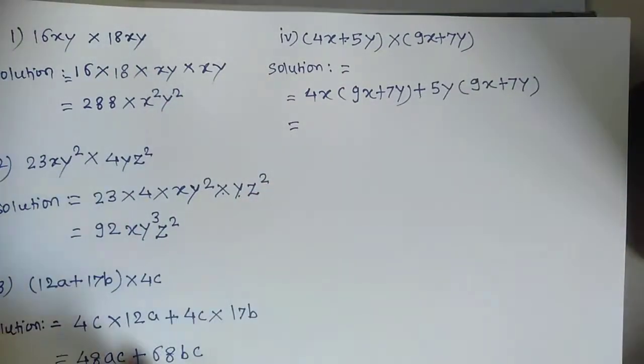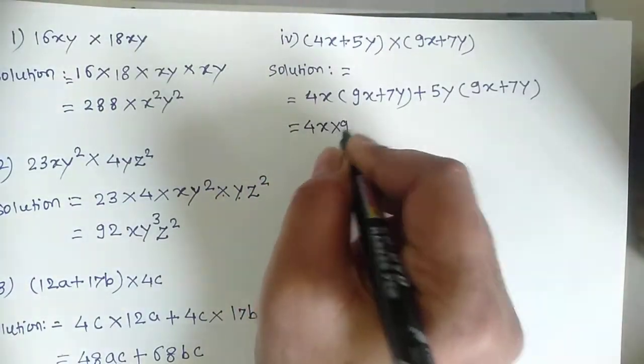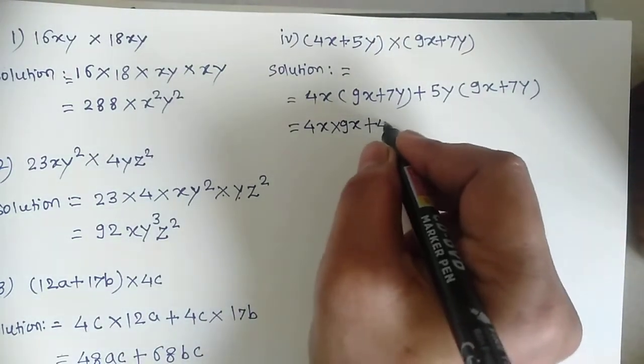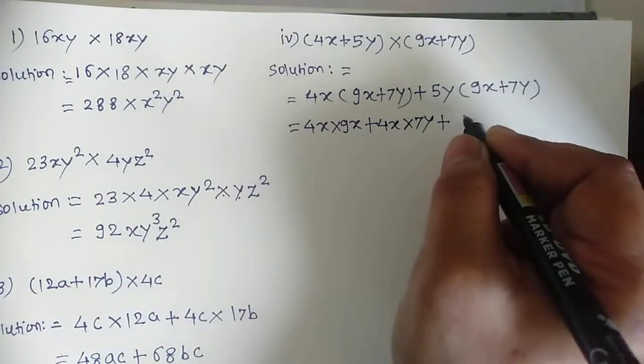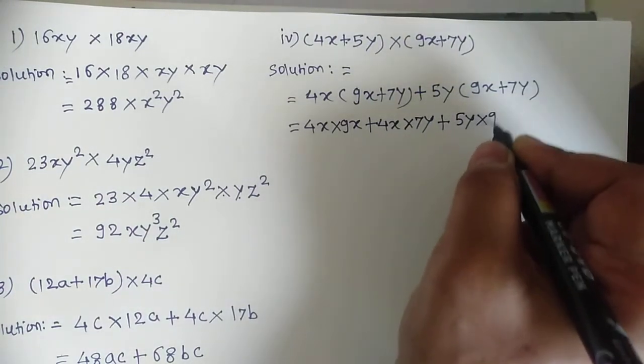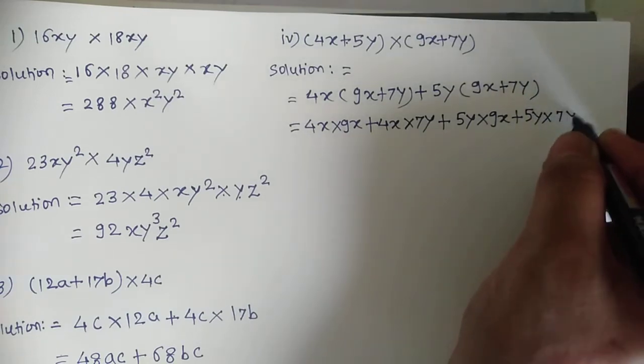Now take the multiplication. So 4x multiply by 9x plus 4x multiply by 7y plus 5y multiply by 9x plus 5y multiply by 7y